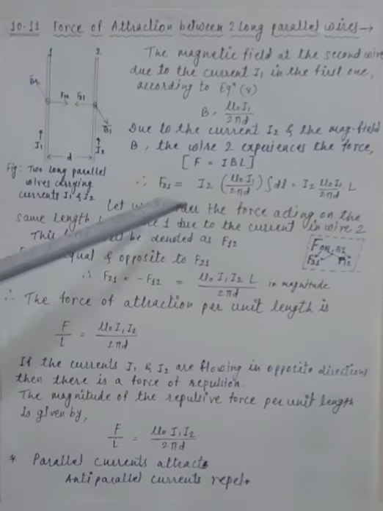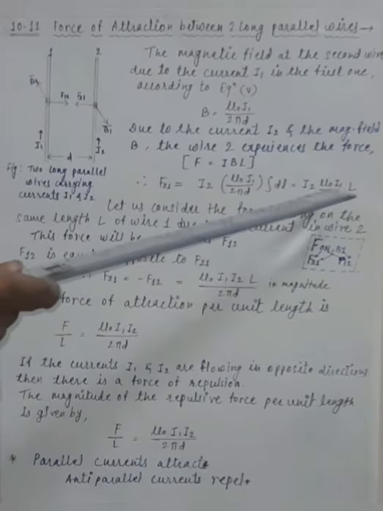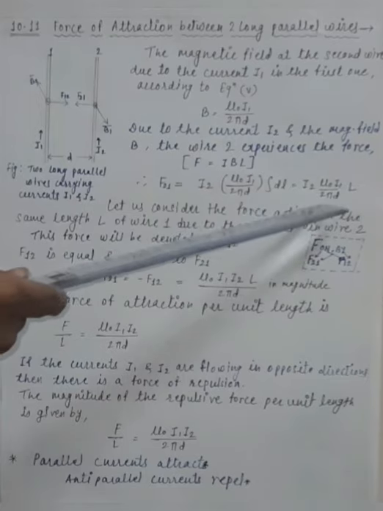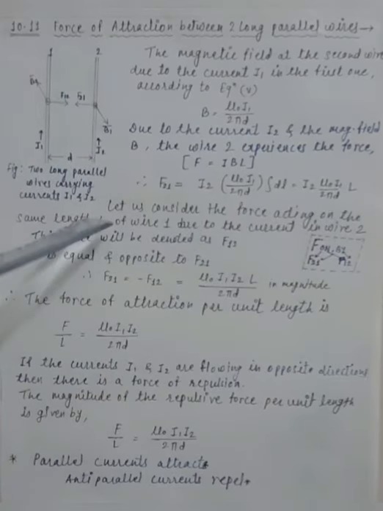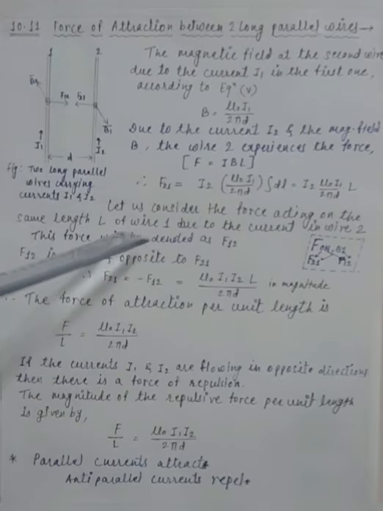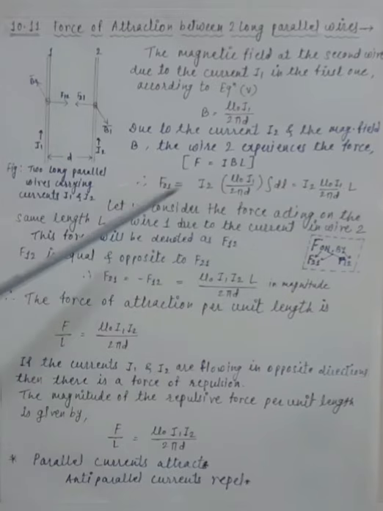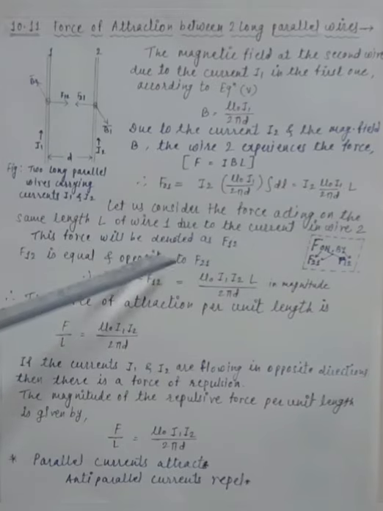Now the total force acting on the second conductor is mu 0 I1 I2 L upon 2 pi D. Now let us consider the force acting on the same length L of wire 1 due to the current in wire 2. This force will be denoted by